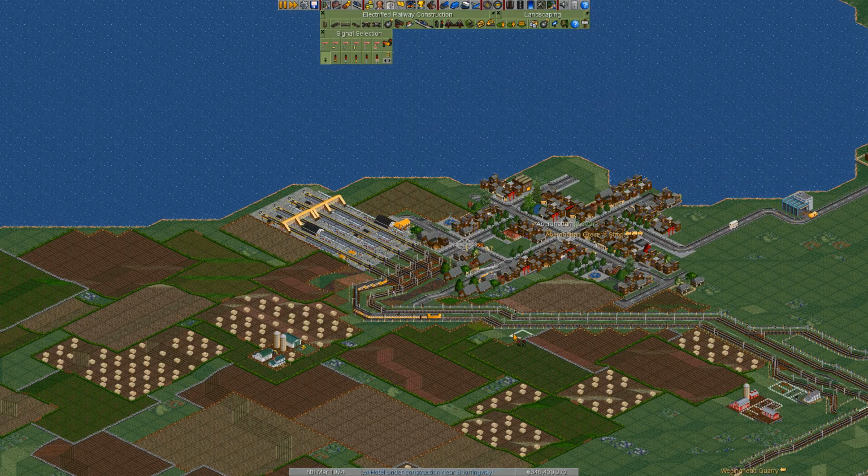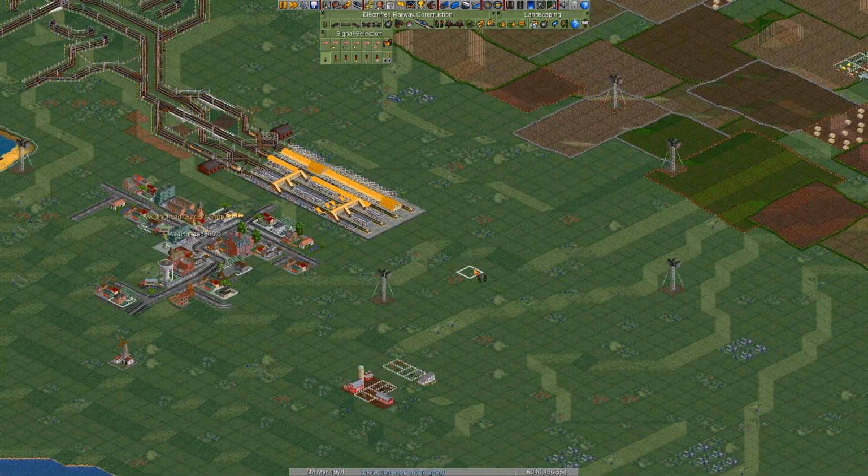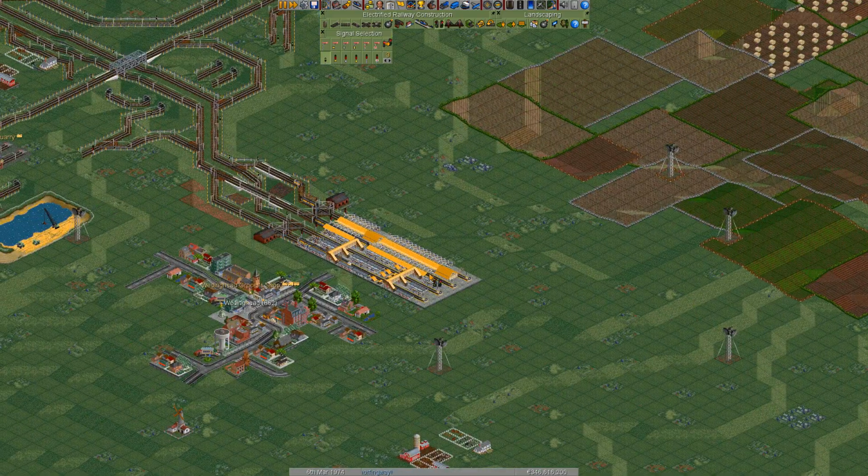Right. Well, one thing I can say is, ew, this is ugly. I thought I'd try it, but let me just tell you this: the glassed over roofed station thingies, they are ugly. They are ugly as hell. I don't like them. So, having said that,